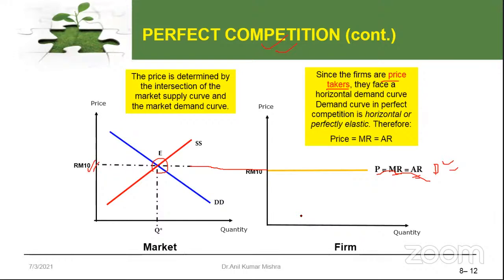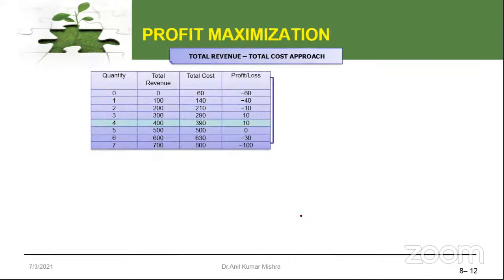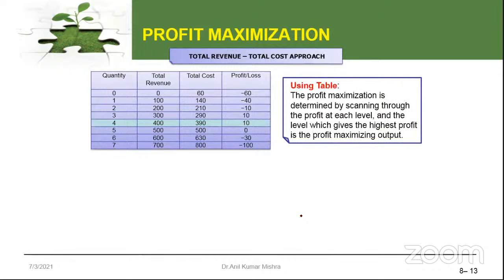But we have to show it with the help of both the total revenue, total cost approach and the marginal revenue, marginal cost approach. Suppose here the total revenue and total cost approach. Total revenue remains 100, 200. Why is it so? Because we have to take into account that price remains constant. If you take the price as 100, everywhere the price is 100 because of the uniform price. As in the previous figure, you find that the price remains constant. That is the horizontal straight line, and that is the price. So if the price is 100, or the average revenue is 100,